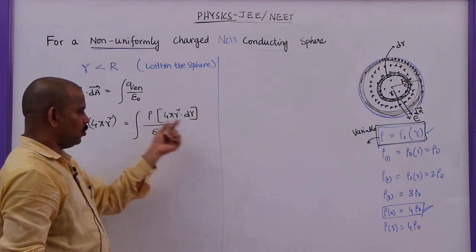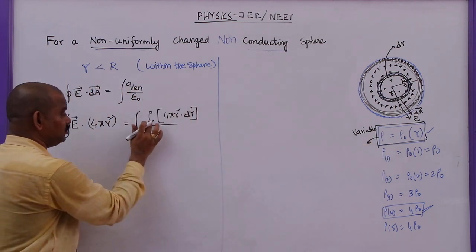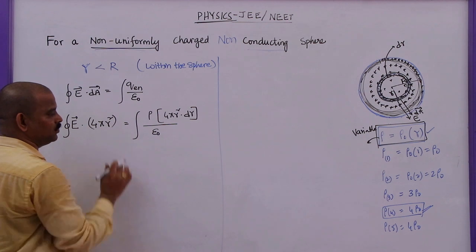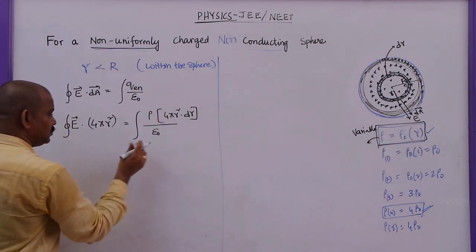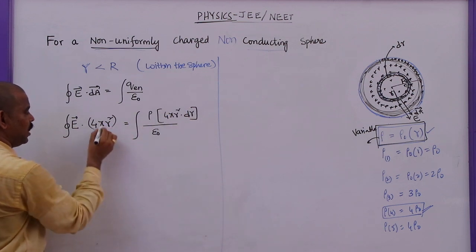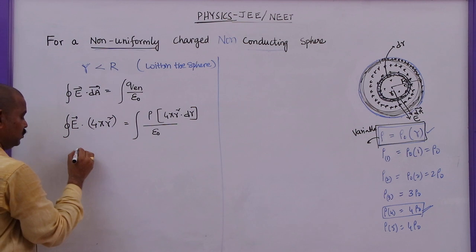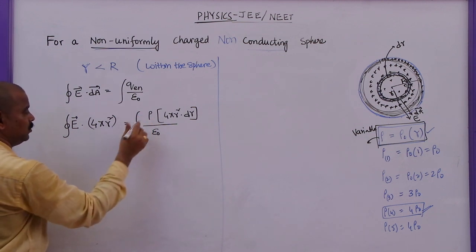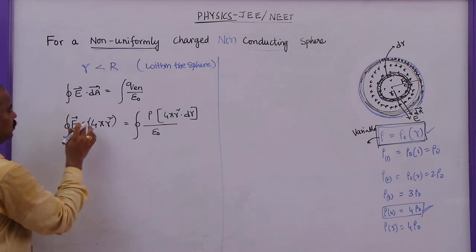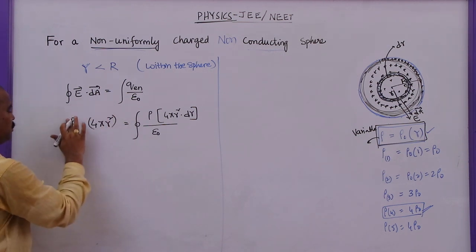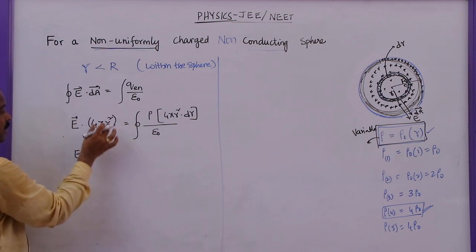Now what is this rho? Rho is also not constant. If it were constant, integration would not be required. As it is a variable, we are integrating this one. So this is given by rho naught r. Here some students cancel r square and 4 pi r square. No, this is under integration, and this is also under integration, so don't cancel this here. So this is E into the integral of dA, which is A, equal to 4 pi r square.